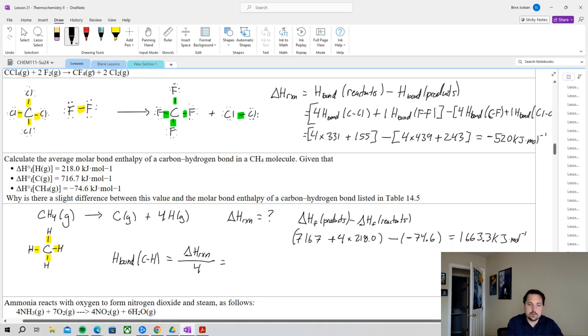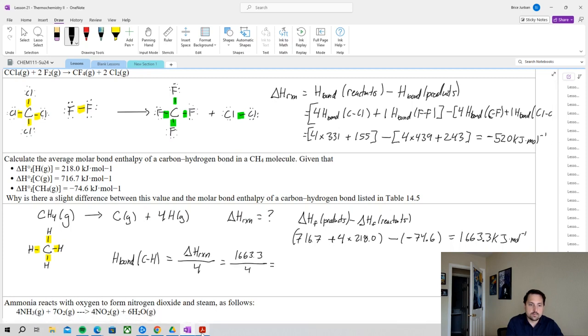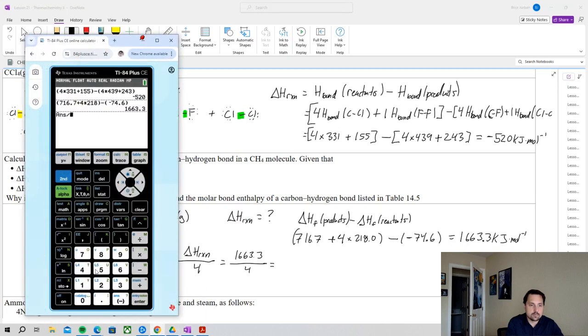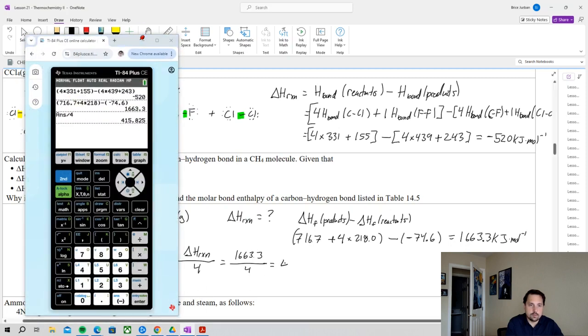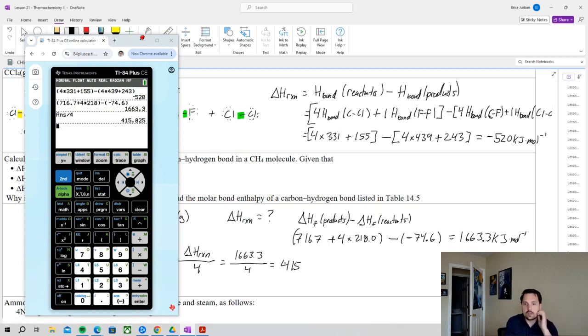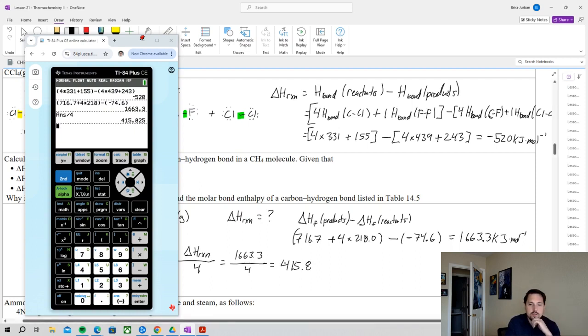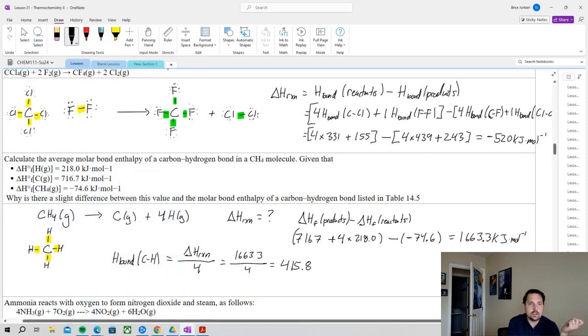There's 4 of them, right? So we get 415. And for this part right here, I think we can use to the 10th place. That's fine. 415.8 kilojoules